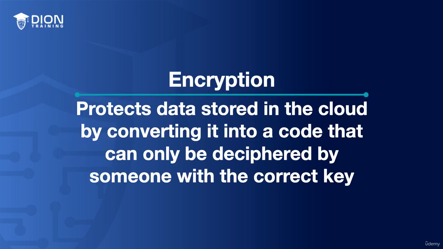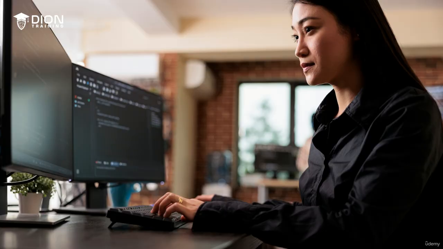Now, the fourth feature we have is known as encryption. Encryption is a feature that protects the data stored in the cloud by converting it into a code that can only be deciphered by somebody who has the correct key. This feature is often used to protect sensitive data, such as personal information, financial data, or cardholder data. For example, a file that contains personal information could be encrypted to protect that data from being accessed by unauthorized